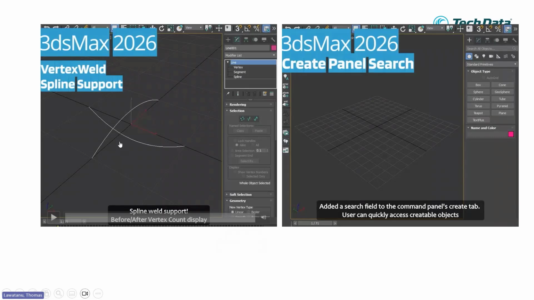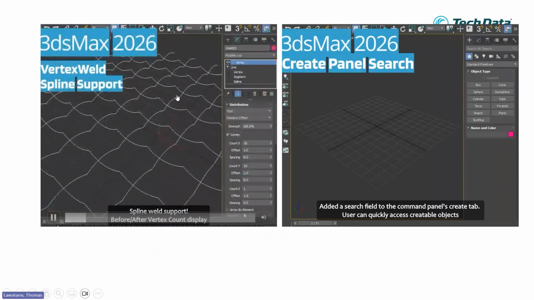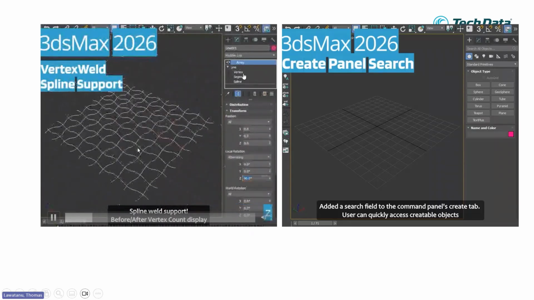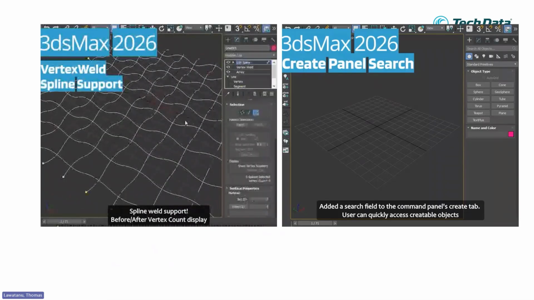So we move on in 2026. We have vertex weld, which creates part of your model, and this is easier. This is the implementation on the array. I think next we will see the array modifiers. They apply that right now.